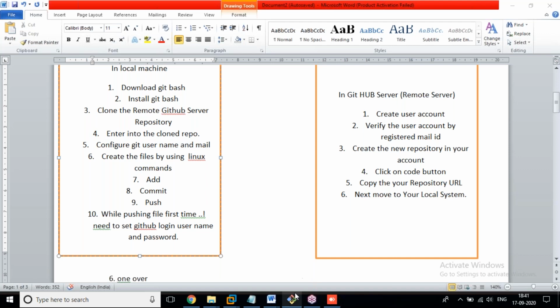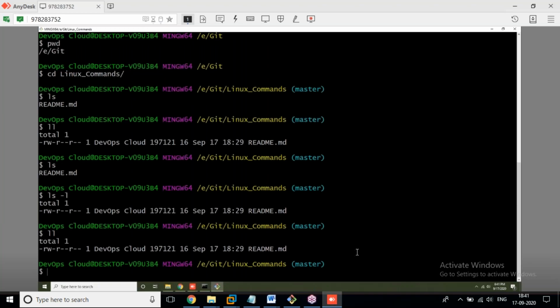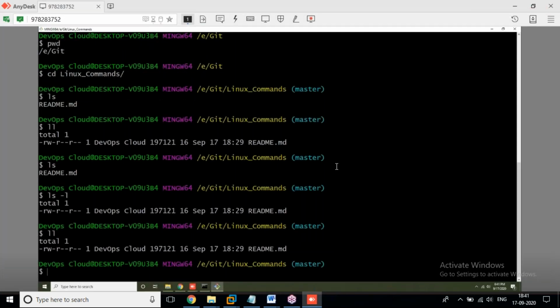Now see what we are doing. First of all, we are entering that repository. Already we entered that repository. Okay, I'm closing this one, I'm confusing a little bit. I have two machines here, one self machine and one more remote machine. The remote machine I'm not doing in my lab, I'm doing in another laptop, because in that machine we don't have Git.